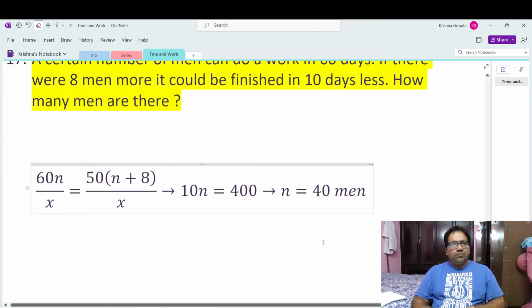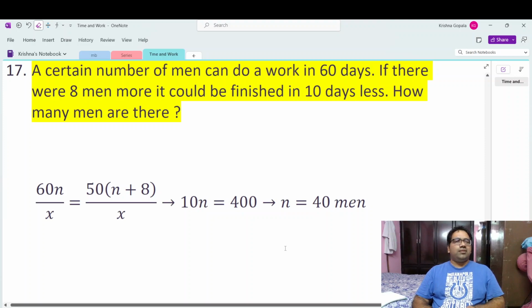Cool. So we have covered some beautiful problems. The trick is to be able to write this equation easily. We need to understand the problem and be able to write the correct equation. The critical thing is we have to assume this X and then write the relation accordingly. X days it takes for a man to finish, then how many men are there? N people are there. N into 1 by X. How many days? 60 days, etc.